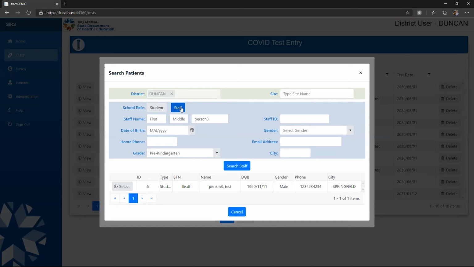But for the certified staff, I think out of some 38,000, there were only 4,000 that we actually had an address for. I decided not to pull those in because I thought it would be confusing to have some of them in there and most of them not in there. But after the sessions yesterday, I'm actually working on modifying the system to make that a little more straightforward. I'm going to pull in all the staff, even with the missing data, and change this screen around a little bit so that you can just update the missing data right on here. I was hoping to have that done today for you, but